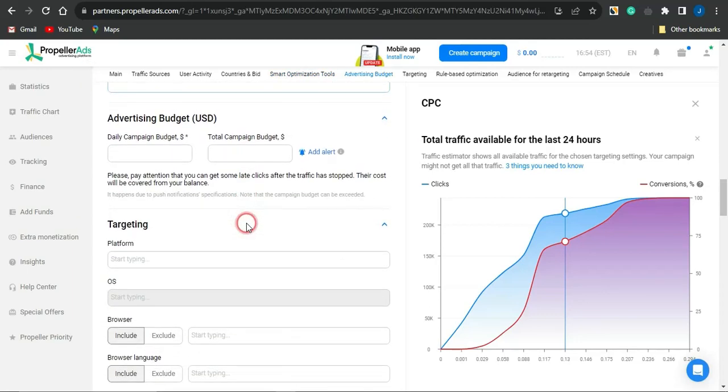Now for this particular advertising budget section, you want to fix in the amount which you want to use to run your ad on a daily basis. And for the total campaign budget, you want to fix in the entire amount which you want to use to run this particular campaign right now. And supposing I do want to run this campaign with about, let me say $350 right now. So if I do put in $350 right here, and I want this ad to actually run for 7 days,